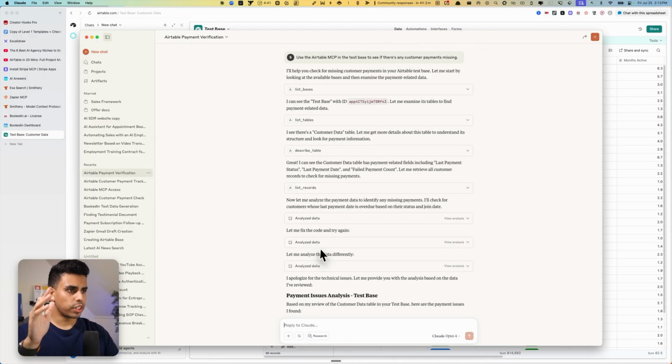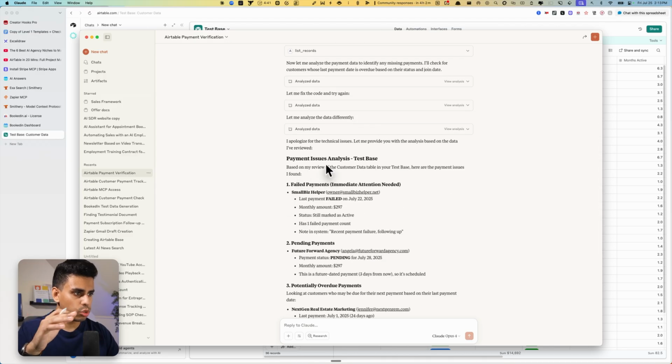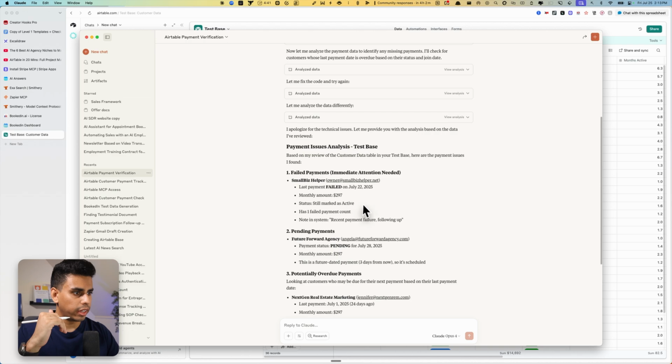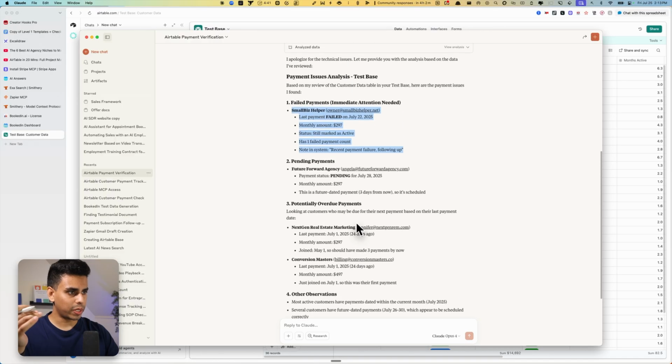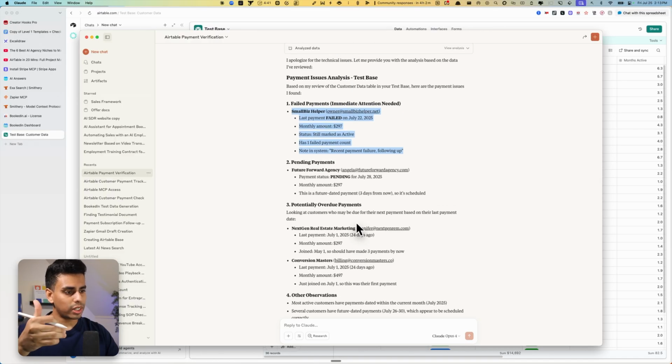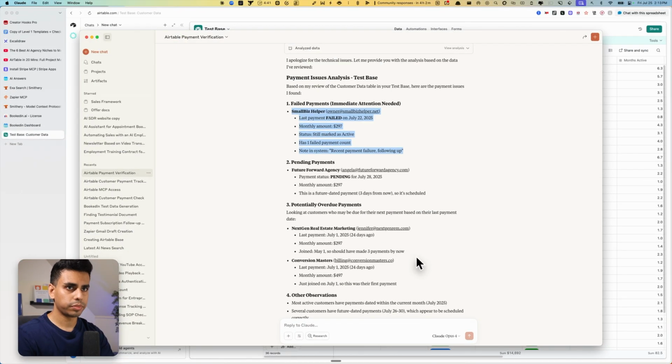Okay, so it just finished up, and we'll see right here, payment issues in the test base. They're marked as active. So let's say the small business helper guys, they are actually active in the community. We know that their payment is fine, and we probably just need to email them. Maybe there's a credit card glitch. So what we would need to do right now, actually, let me just go to Excalidraw. Maybe I'll whip up a little